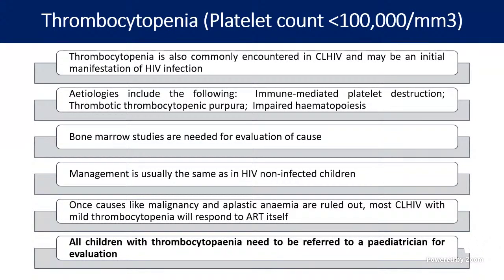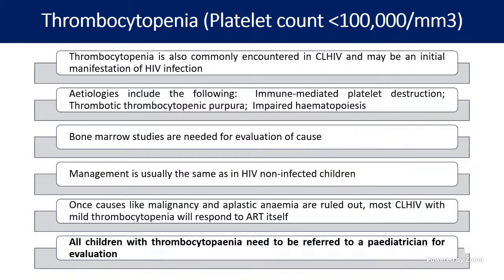So direct HIV infection will lead to thrombocytopenia. It can be because of other infections. It can be because of immune mediated platelet destruction. It can be thrombotic thrombocytopenic purpura, or, as we said, the bone marrow is not functioning and there is no production of the platelets. Okay. So what we have to do? We have to do the bone marrow to see how it is functioning, and how to manage thrombocytopenia is, if the counts are low, we will give platelet-rich plasma or platelet transfusion.